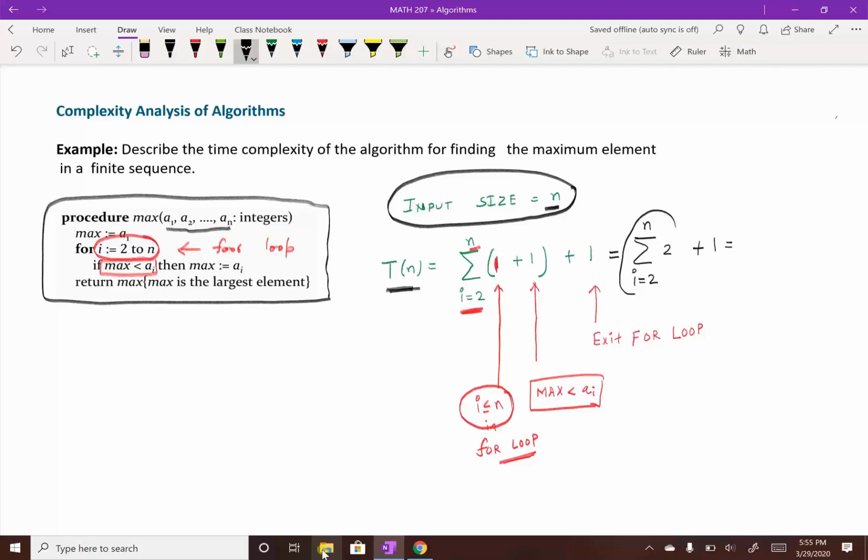Now if you obtain the sum of this term, it's going to be 2 times (n minus 1) plus 1, because we are adding 2 starting from index 2 to n, so you're adding 2 a total of n minus 1 times, and the 1 remains as it is, which if you simplify is 2n minus 1. So here you have obtained that the time complexity of this maximum algorithm is 2n minus 1,